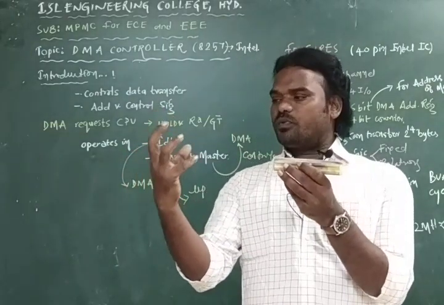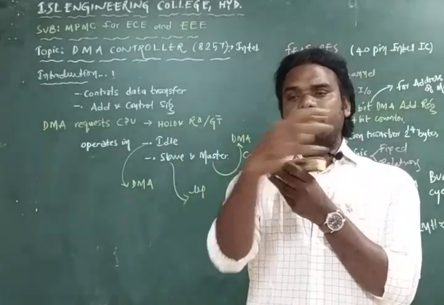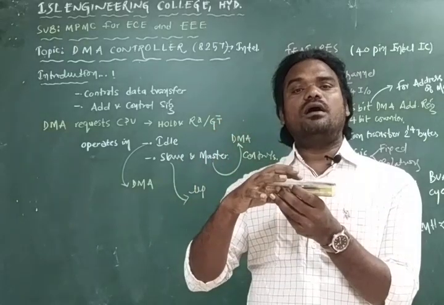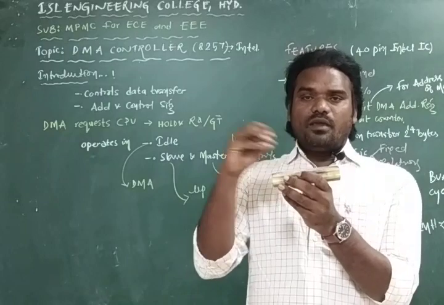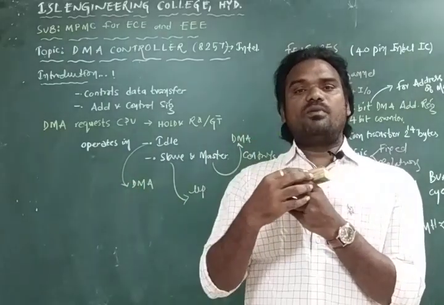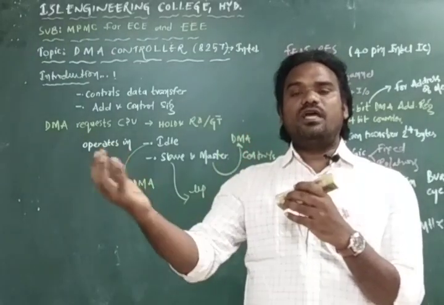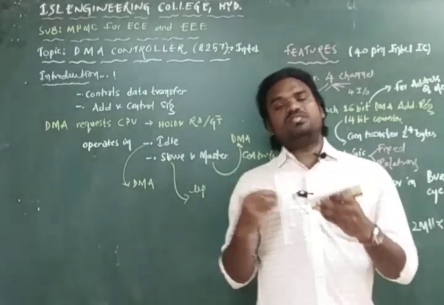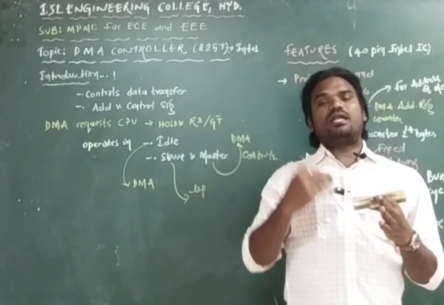If the input output device wants to read the data from the memory, it has to request the processor, so that the processor has to stop the current execution and serve that request. Based on the input output request, it is going to identify the memory location. From that memory location, it is going to read the data and give it to the input output devices. This much operation is needed if the input output devices want the data from the memory.